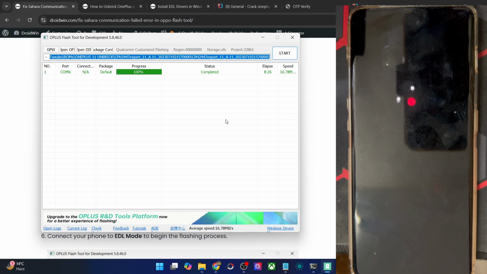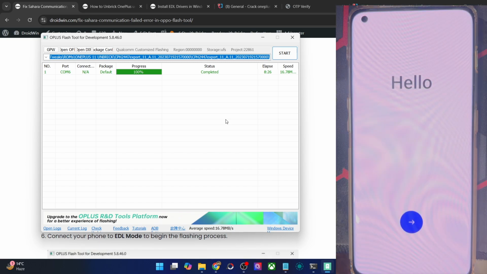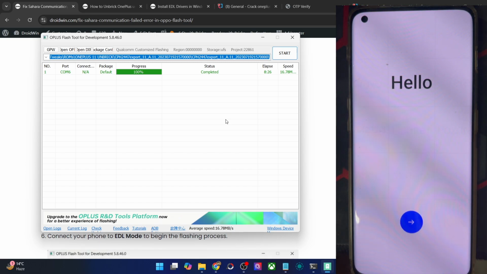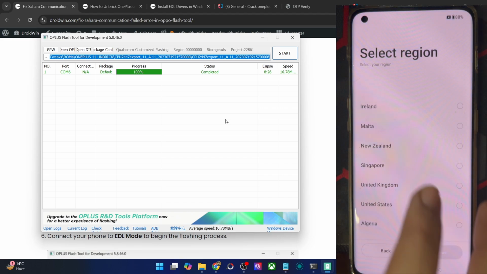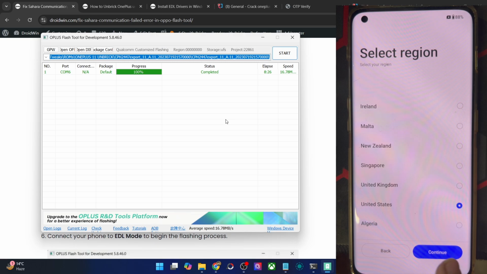Just make sure to unplug your phone beforehand. If you don't do so, then your phone might again boot to the EDL mode and the flashing will start once again. Moreover, as of now, we have flashed the Android 13 OxygenOS 13 firmware because that is the latest firmware for the OnePlus phone. So your phone will not boot to this OS version itself. Then you may do the update from the OTA update or via the Oxygen Updater app to the latest build.